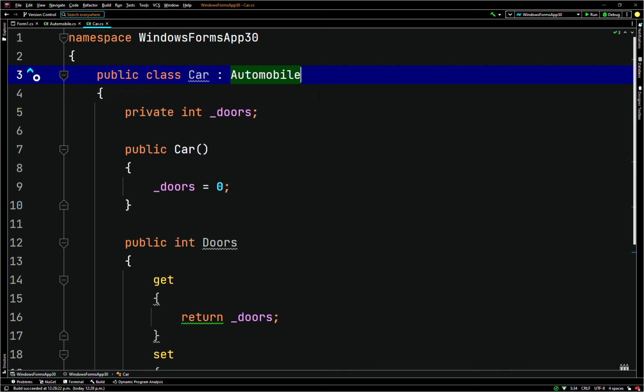So although the derived class inherits the base class's private members, it cannot directly access them. Only members in the base class can directly access the base class's private members. Just to explain one more time: although the derived class inherits the base class's private members,